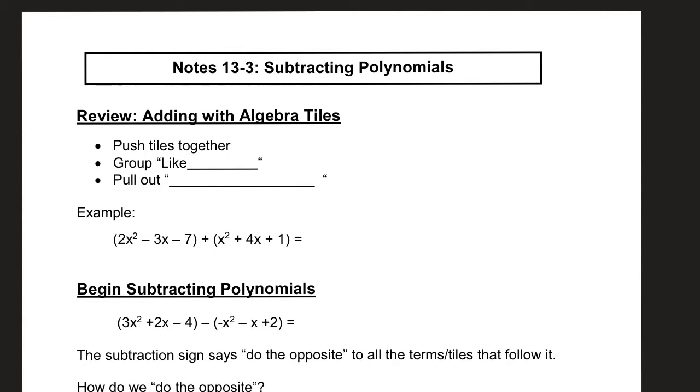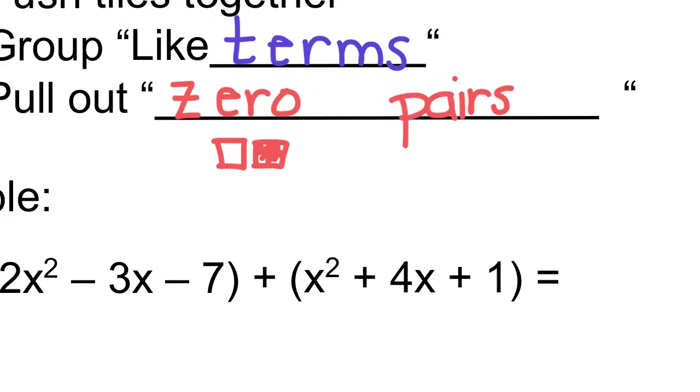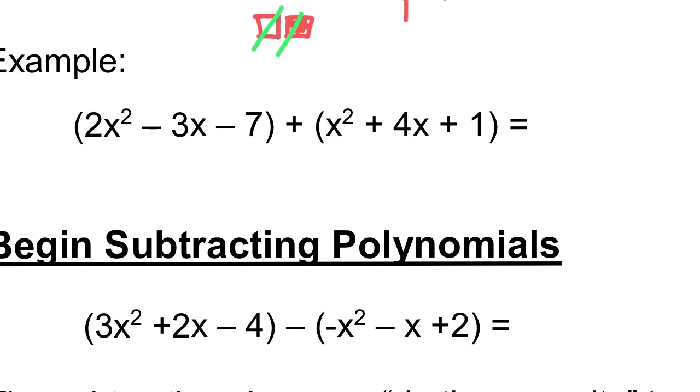Today we're going to be subtracting polynomials. Or adding polynomials, we push the tiles together and we group the like terms. And remember that we have to pull out the zero pairs. Remember that the zero pairs would add together and cancel each other out to be zero. So let's do an example of adding before we get back into